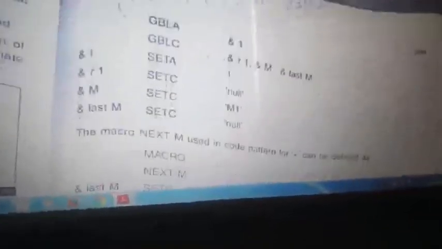To check the last matrix line number, we use last, and R1 indicates the present register whatever we are using, and I represents the current matrix line number. This is the algorithm written. If the last matrix line is equal to the register number, whatever registers you have, then we go on.